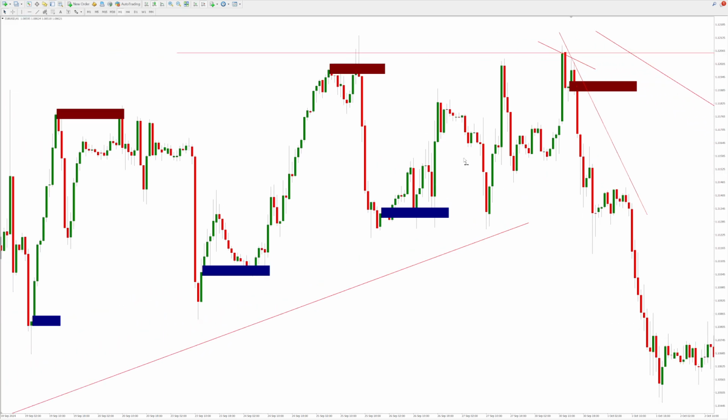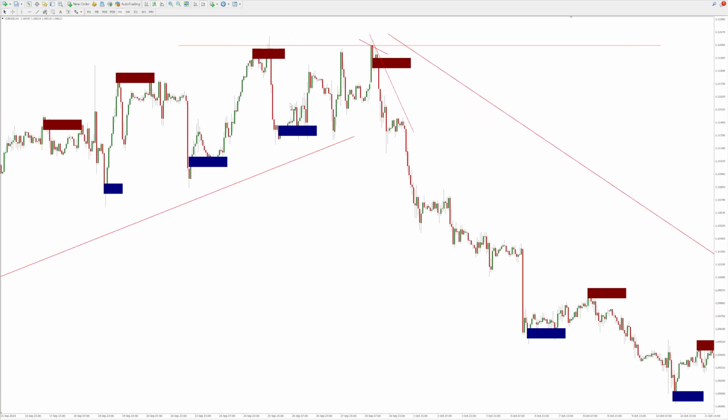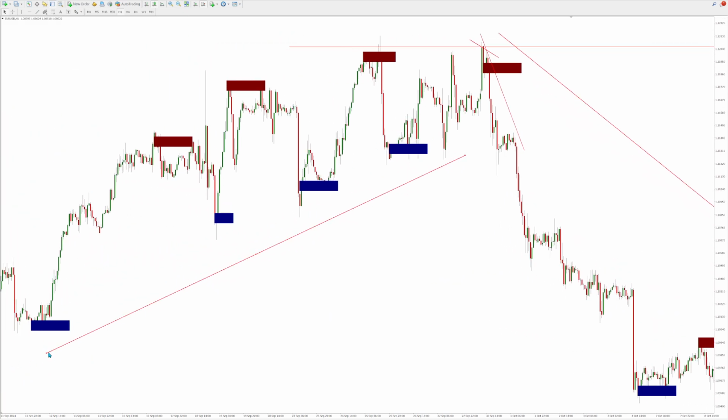If we just take our trend line, I might have to zoom out for this, sorry about that. If we just take this trend line, to be fair, you could use the order blocks to help you with drawing your trend lines and your support and resistance over the long term. But if we just draw our trend line there, okay, so upwards trend, market exhausted up around here, it starts